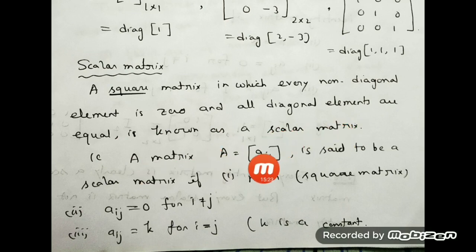Let us define mathematically like the previous one. A matrix we have considered is said to be a scalar matrix, when we'll call it a scalar matrix? If m is equal to n, it means square matrix. Secondly, a_ij is equal to 0 for i not equal to j. What does it mean? Non-diagonal elements equal to 0. What about the diagonal element? k is a constant. Diagonal elements are equal. Is it not? Diagonal equal means if I take any k, all these will be equal to k.